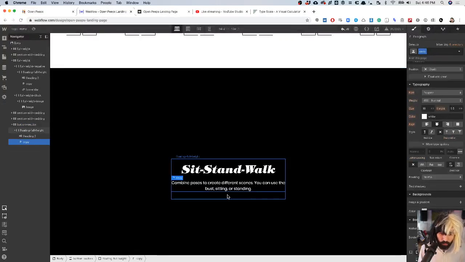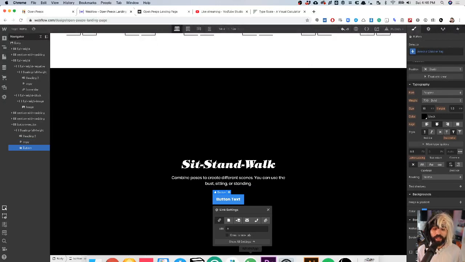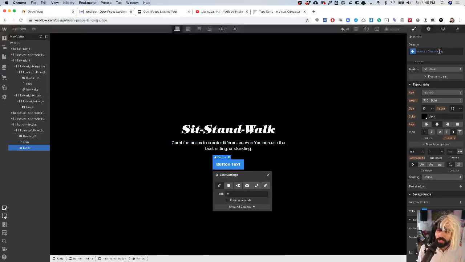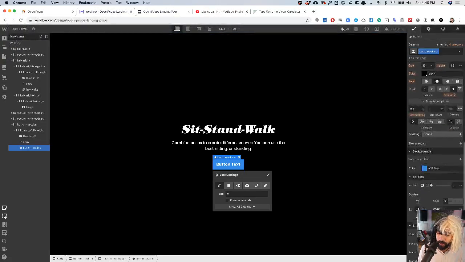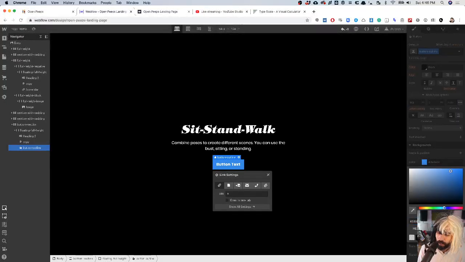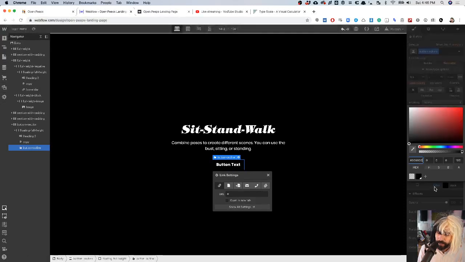Instead of this button, we're going to add our own button. So let's add a little button. And this button is going to be a custom button. So button outline, that's what we're going to call it. And this button outline will have a dark background with a light